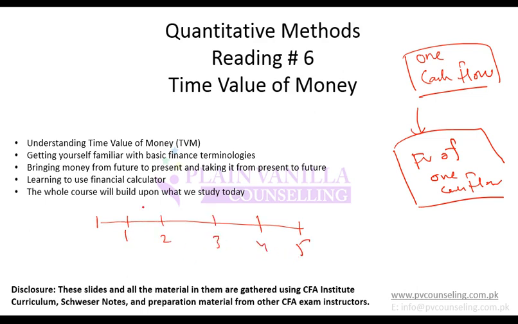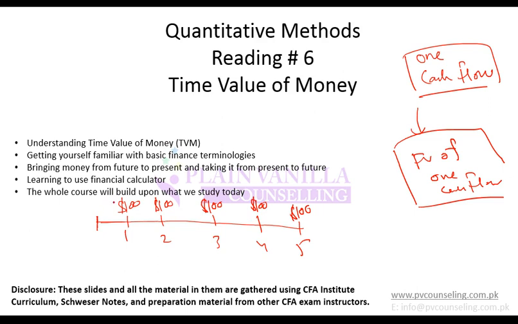So if I tell you there is a cash flow which happens every year, let's say $100, then either this cash flow can stay constant throughout the life or it can change, right? It can be either 100 throughout life, or it can be 100, then 50, then 120, then 40, whatever it is. So both would have different calculations. So first we will go with the constant cash flow assumption.